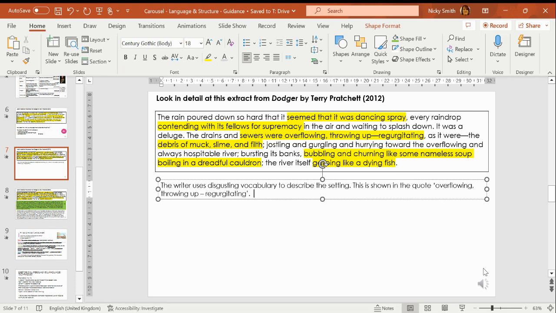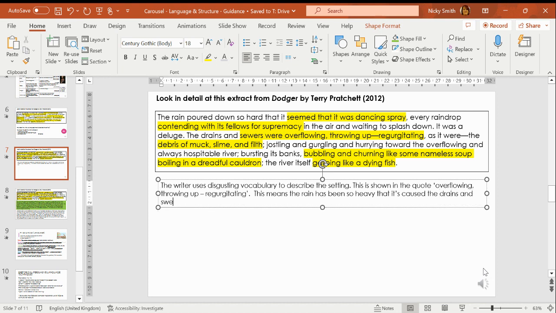So we'll start off with a basic, this means the rain has been so heavy that it's caused the drains and sewers to overflow. Now, if you want to try and elevate it further with some inference, and that's where the higher marks start to come in, then use these openings: this suggests or this implies. So this suggests that